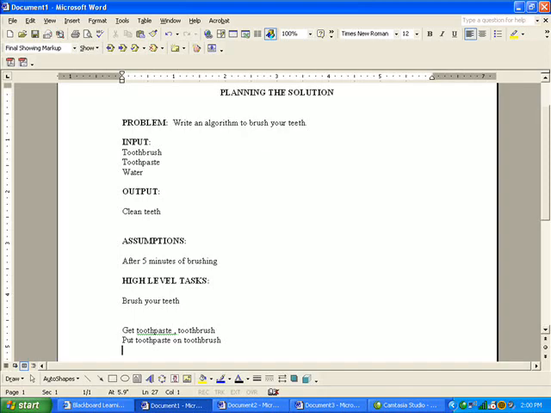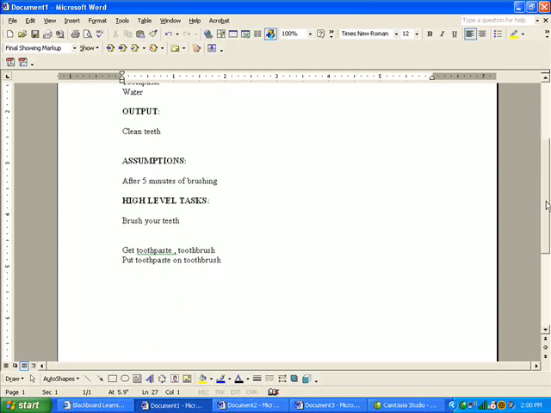Nonetheless, in this case, we probably need to put the toothbrush under the water and wet it down a little bit. One question we may ask is, is the water on? We may have that as an assumption to our user, but our assumption would be, no, the water is not on automatically. So we might have to ask the question, if the faucet is off, I'm going to capitalize our little structures here so it's a little easier to read. If the faucet is off,